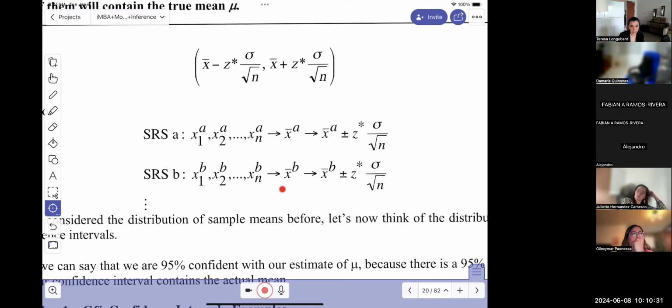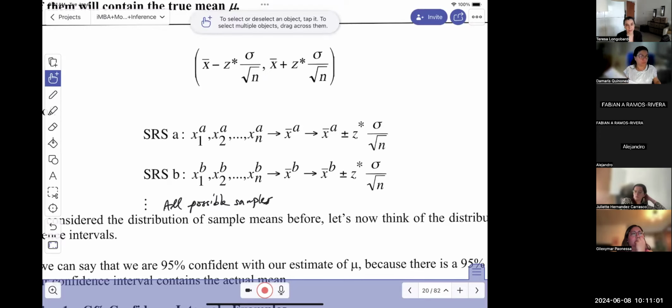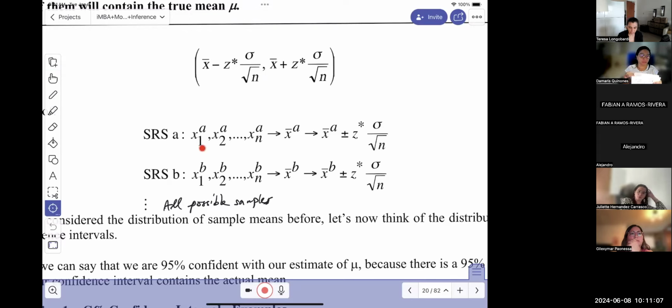So this sounds familiar because I was talking about all possible samples before. And we can calculate a different, this could be different, could be the same confidence interval. Okay, so these are the results. These are all like the statistics from the samples. And the dots indicate all possible samples. So you can imagine if you have a large population, you can have a lot of all possible samples, right? So statisticians built this theory with the idea that you don't have to get all of them. You're just going to get one because the theory says that